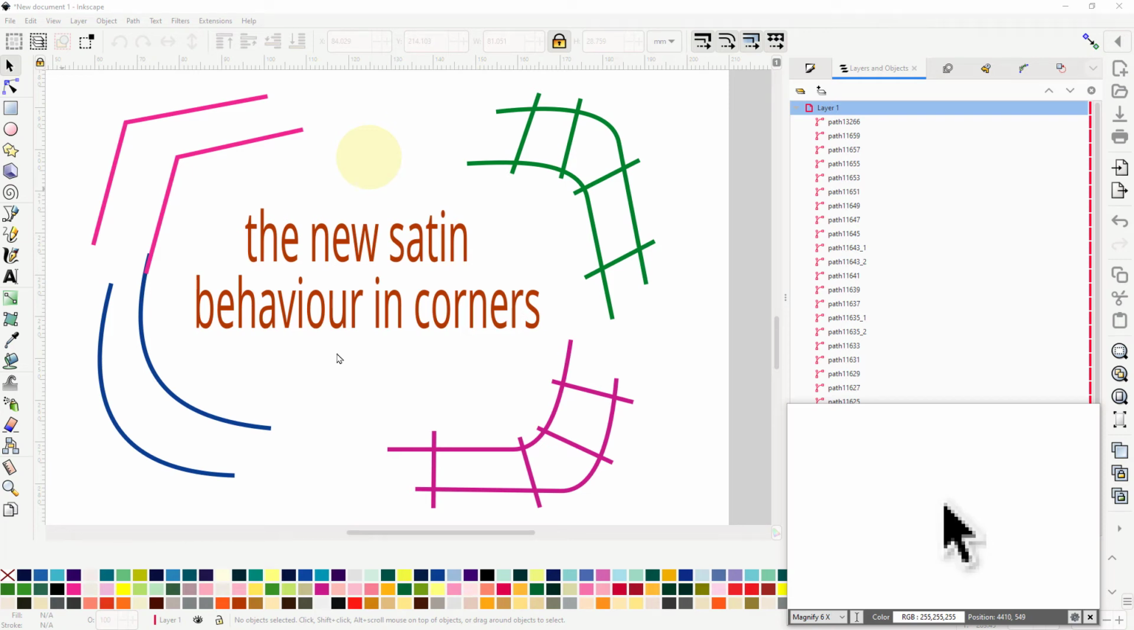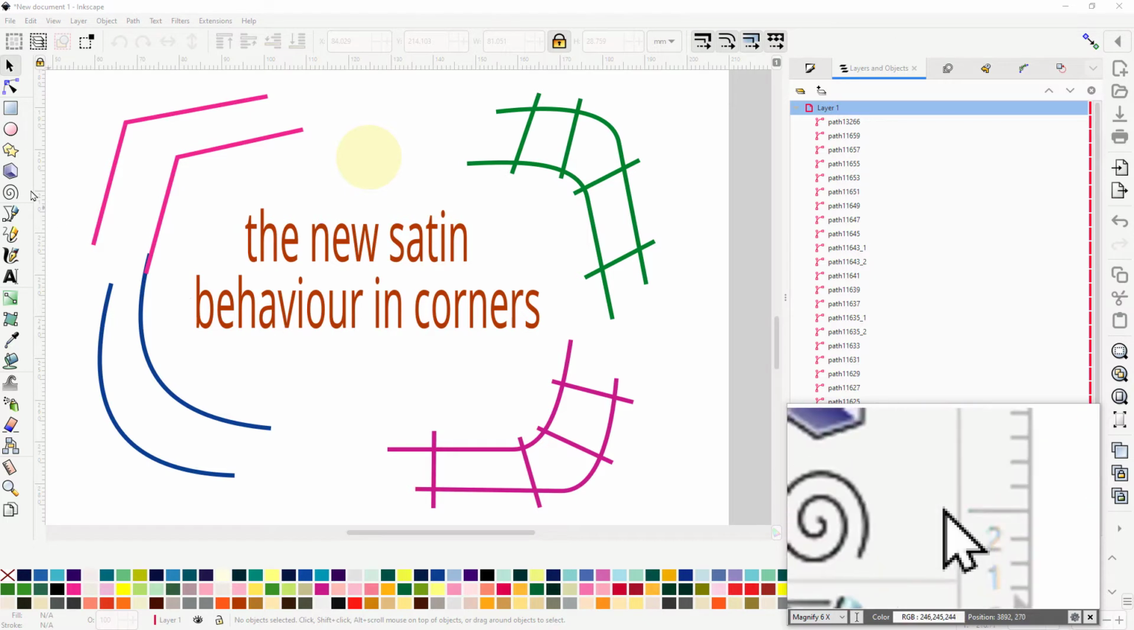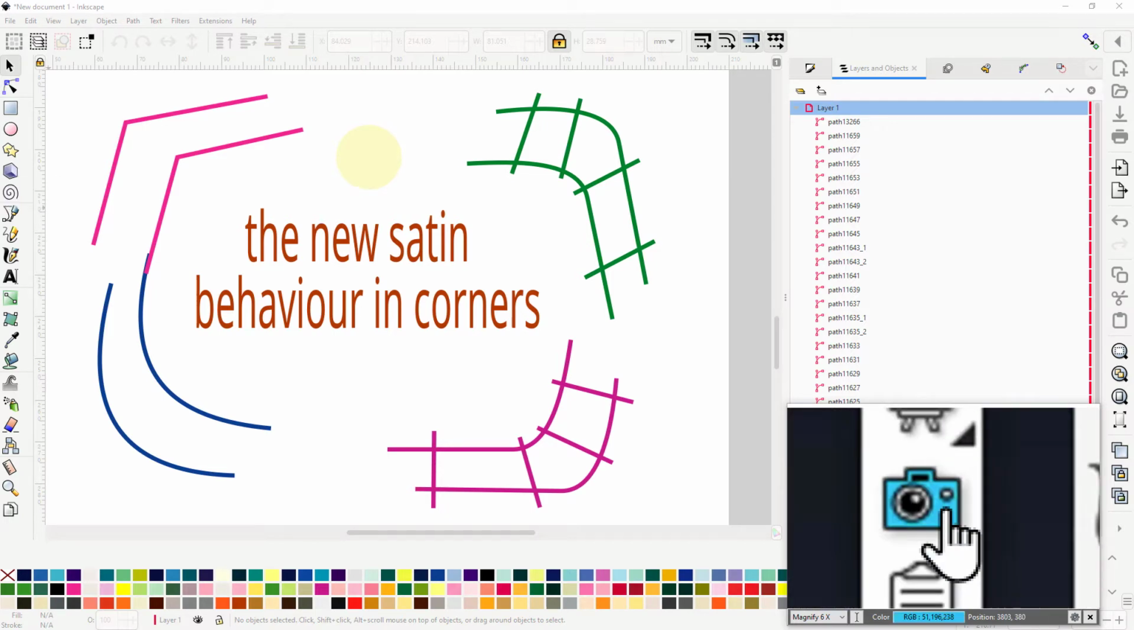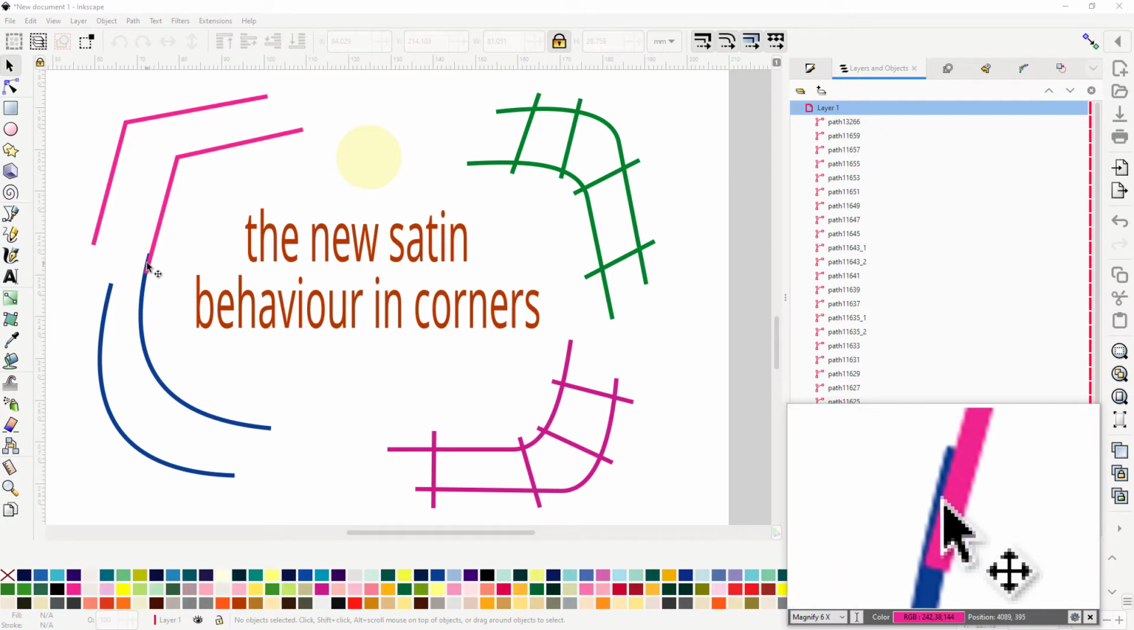Okay, in this video I want to show you a new feature for the satin stitches, and a lot of you may have noticed that in the params there are a few added lines. And how does that work? So I've got here a couple of satin stitch